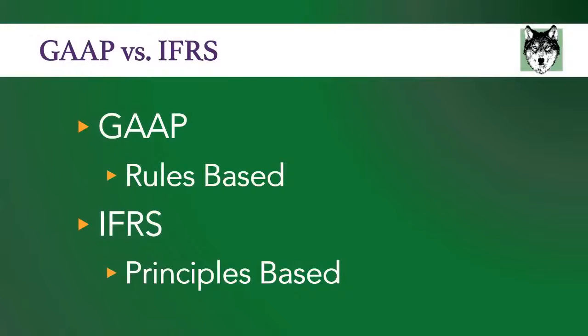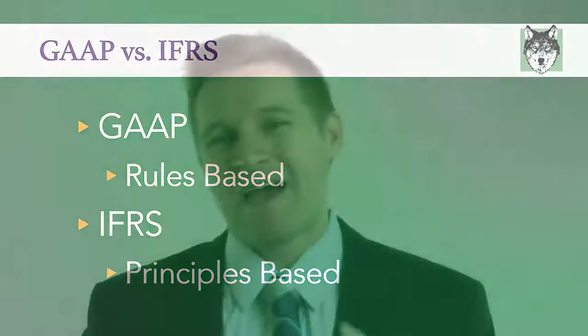The biggest difference between GAAP and IFRS is that GAAP is rules-based, whereas IFRS is principles-based. GAAP actually writes out all these different rules that US companies have to follow. IFRS is a little bit different. IFRS focuses on the overall principles and says that your accounting just needs to fit underneath these principles, which allows for much more interpretation. On a practical level, this means that GAAP is much longer and more detailed than IFRS. It's a much thicker book.